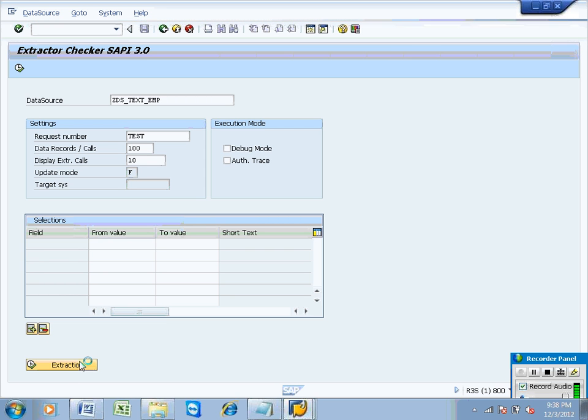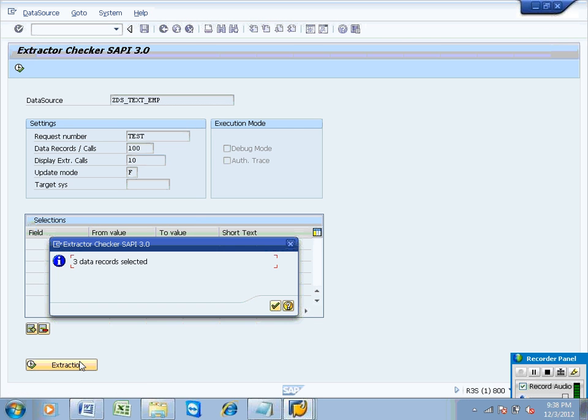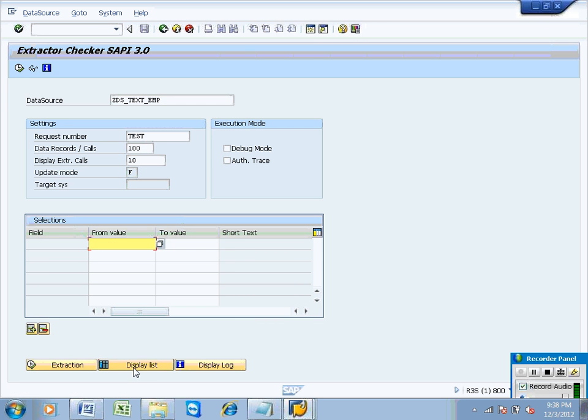So it is compiling. 3 records extracted, and you can see 3 records here. Display list.